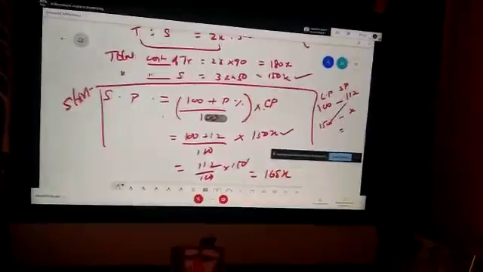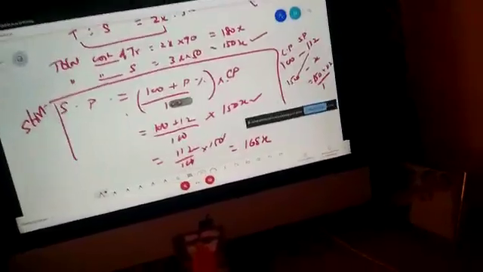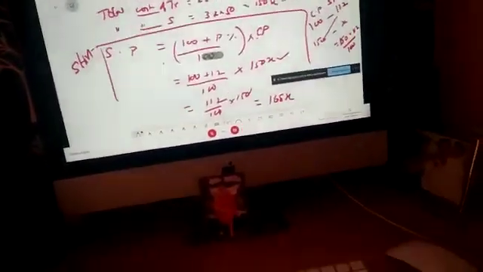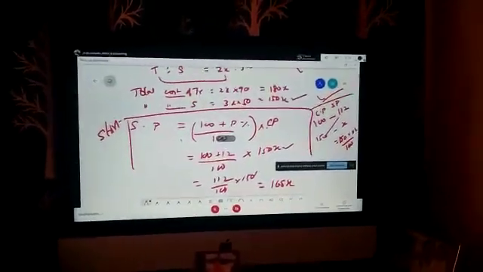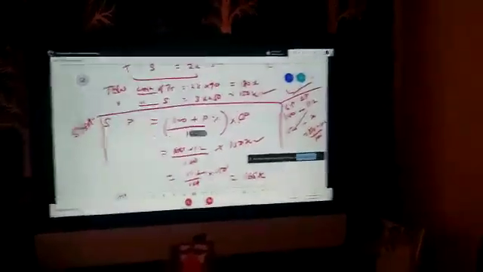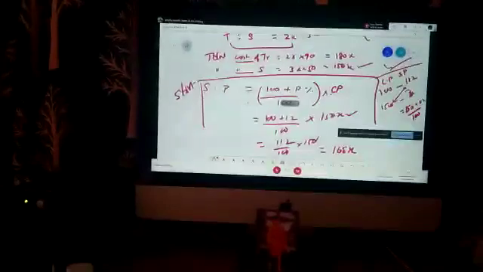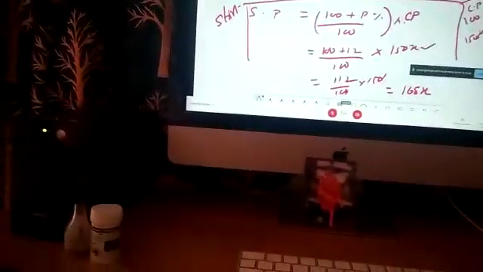What will you do? You will multiply this and divide. You remember the 2 chocolates, 3 chocolates kind of problems, so that is only what I am doing here. This is the easiest method, if you want to write it you can. If the cost price is 100, the selling price is 112. If the cost price is 150, the selling price will be how much? Multiply these two and divide by 100. Okay, are you listening? Hello? Yes, ma'am, we are listening, ma'am. Now you understood, you can follow any method.